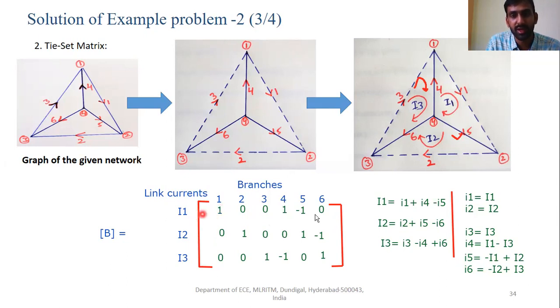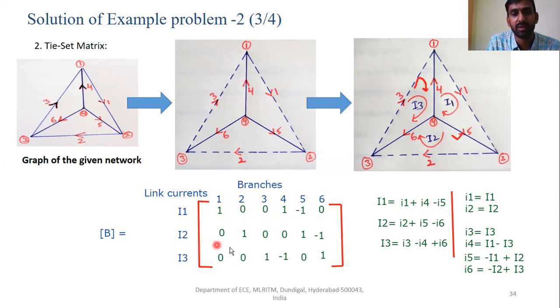Here it is the 1. I1 is equal to small i1, plus the remaining two are 0, so those two elements won't come, plus i4. And here at 5 it is minus 1, so that's why minus i5.